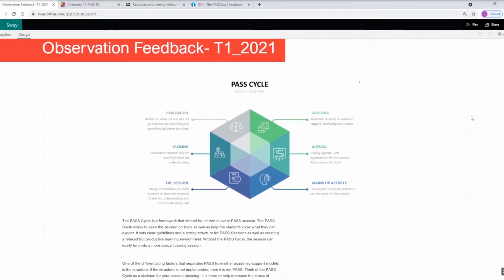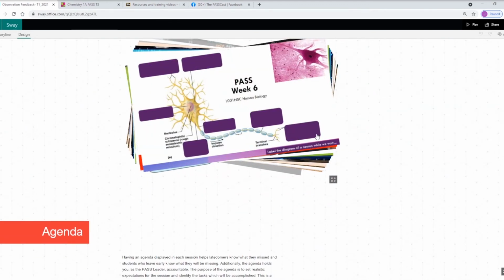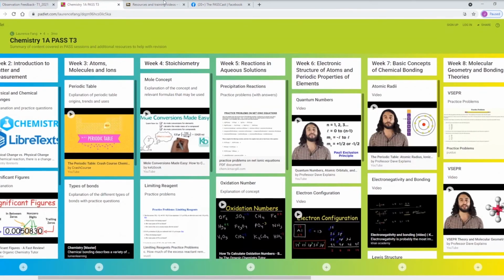Sway was used to provide summaries of best practice after observations, for example, and it was a great way to share what leaders were doing. Leaders continually shared tips or resources that worked well. For example, one leader found that Padlet was a creative tool for revision summaries with links to videos and resources. It was released every few weeks to those attending PASS, so once word got out, it became an incentive to